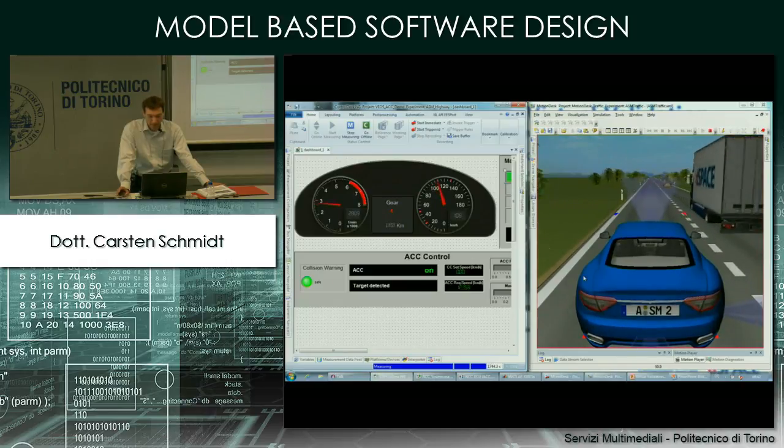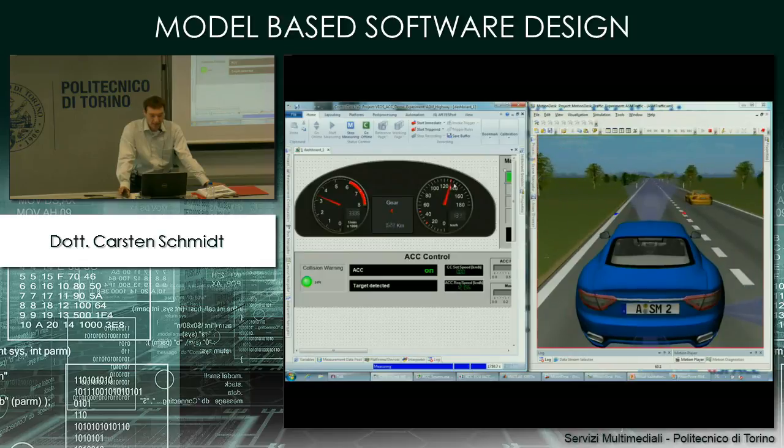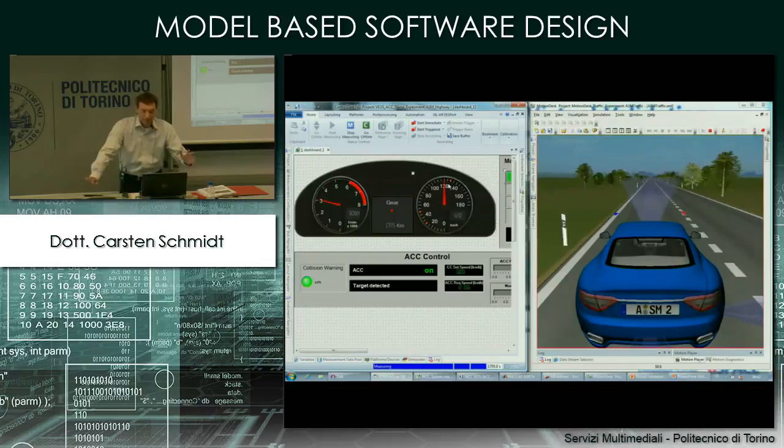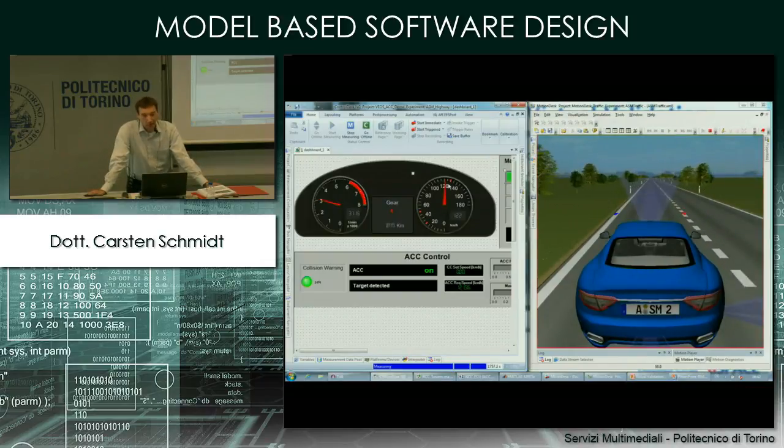And now the sensor here detects that the car is not anymore in front of you, and then the speed is again increased. So this is one example of what you can do with virtual validation,